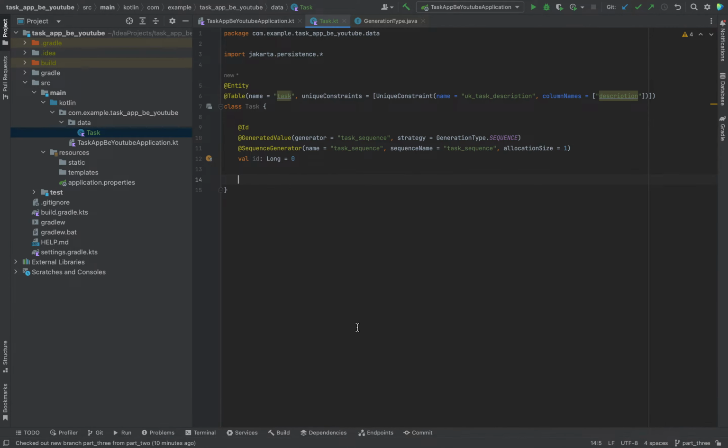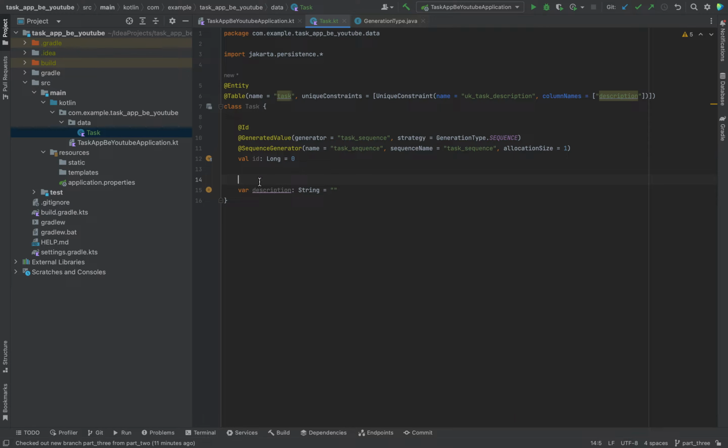So I would say just create a field called description of type String and give it an empty default value. And var, because we will later maybe want to do an update on the task and change the description. That's why it's a var, and the ID will not change. That's why I've chosen the val